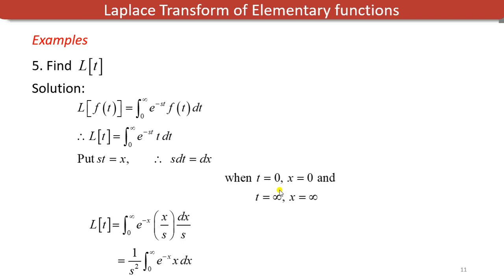Once we change the variable, we have to check the limit also. So when t is equal to 0, x is also 0, and when t is equal to infinity, x is also infinity. Therefore the integral becomes L of t is equal to integral 0 to infinity e to the power minus x, x by s, dx by s. This 1 by s square we can take outside, so that we can get integral 0 to infinity e power minus x, x dx. We have to integrate this integral by using gamma integral,